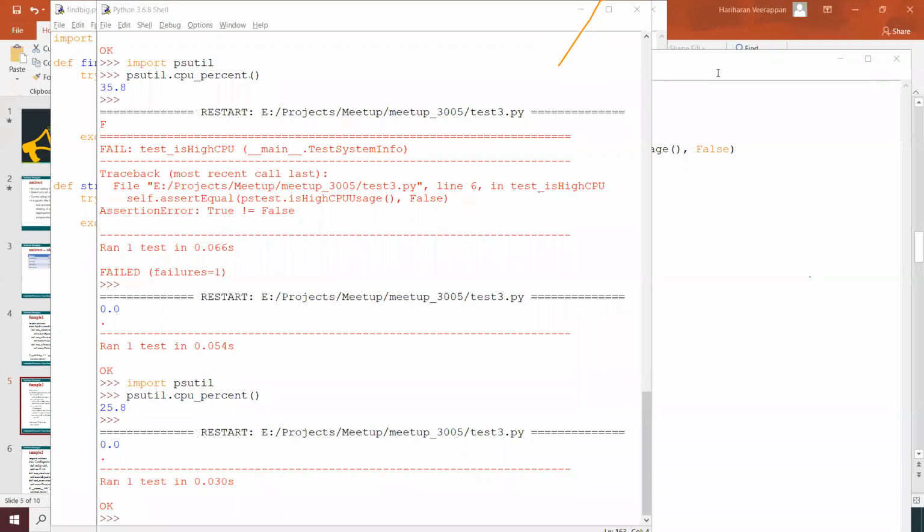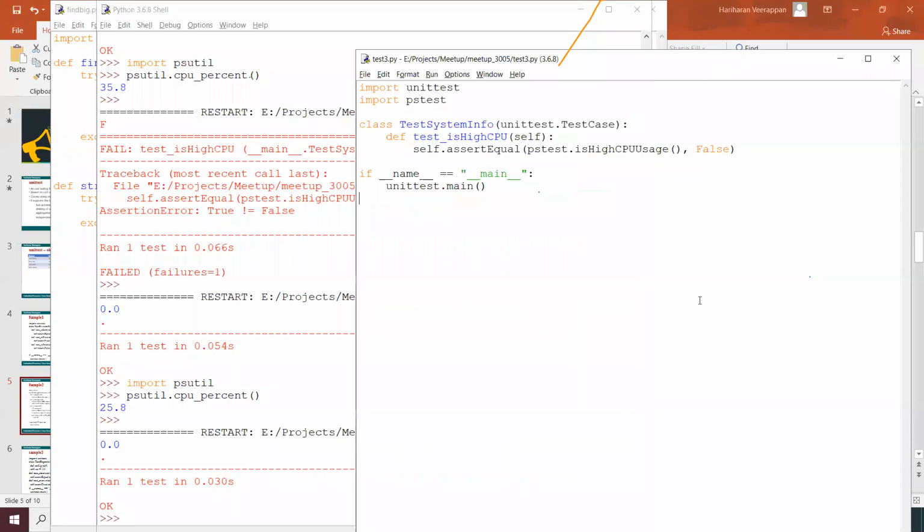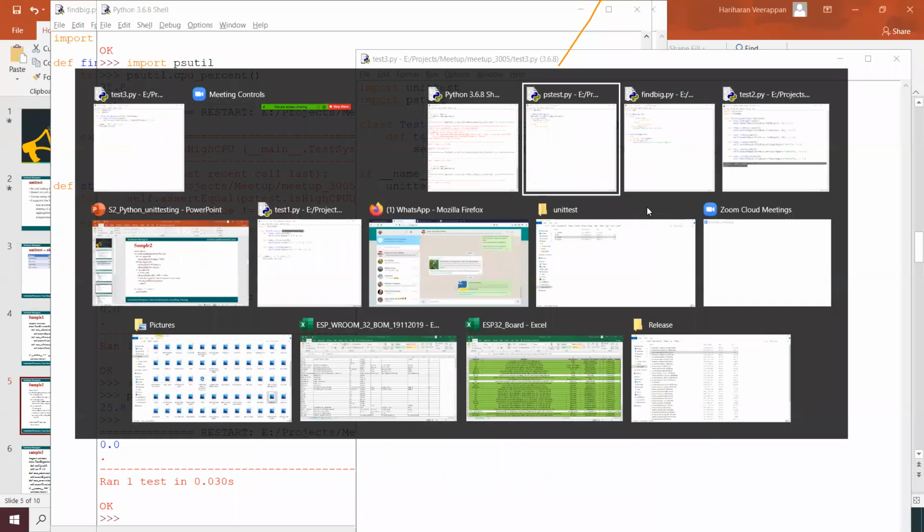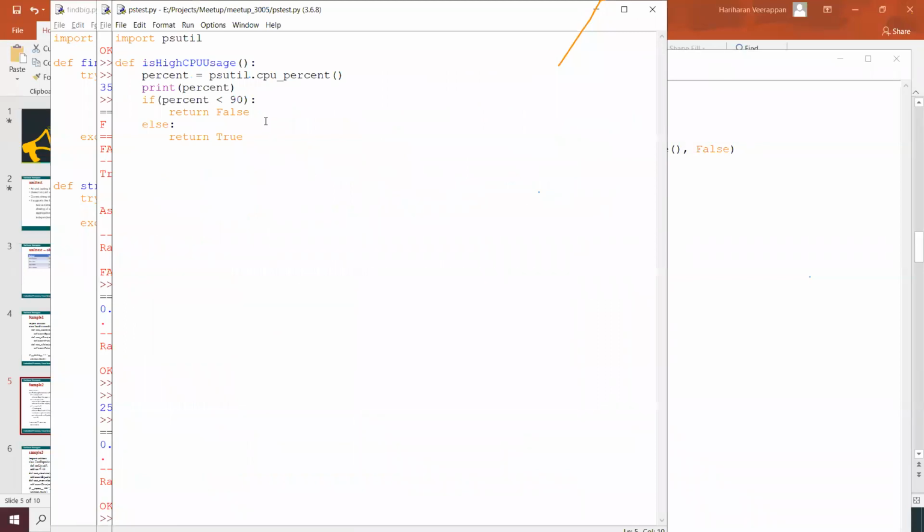Check the written data. Actually, we have written if percent less than 90, it should return false.